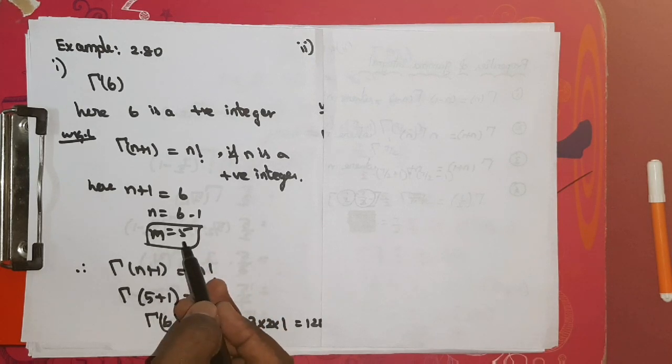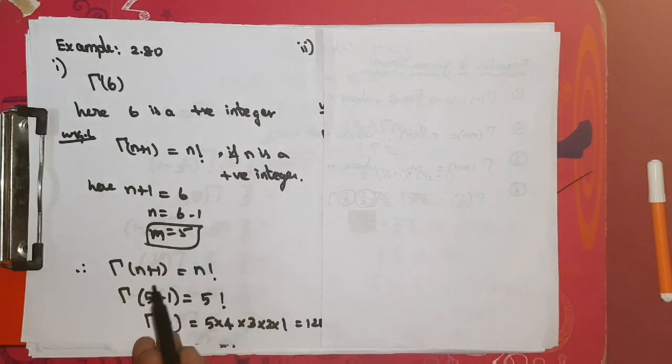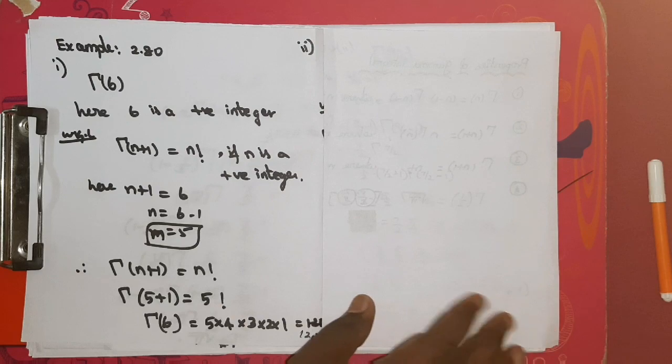Now take n value 5 and apply in the formula. So gamma of n plus 1 equal to n factorial. In this formula when you apply, you get gamma of 5 plus 1 equal to 5 factorial. 5 plus 1 becomes 6. So gamma of 6, the question, has come on the left side. And on the right side the answer is there, 5 factorial. 5 factorial means 5 into 4 into 3 into 2 into 1. When you multiply, you get the answer 120. So the answer is 120. So this is it. It's a very easy one. If you could recognize the formula type, so which formula to use for the sum, then the sum becomes very easy.